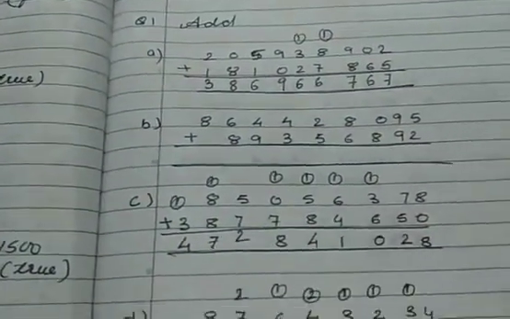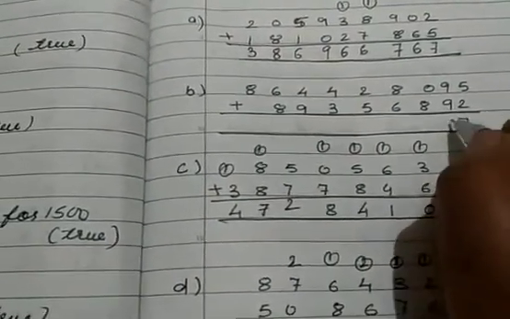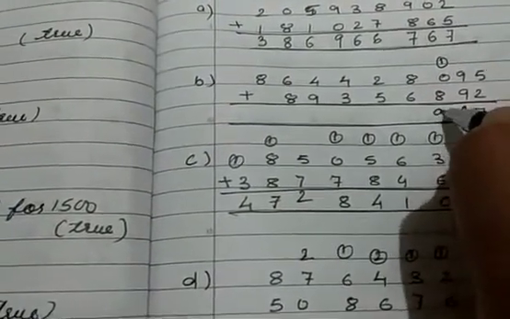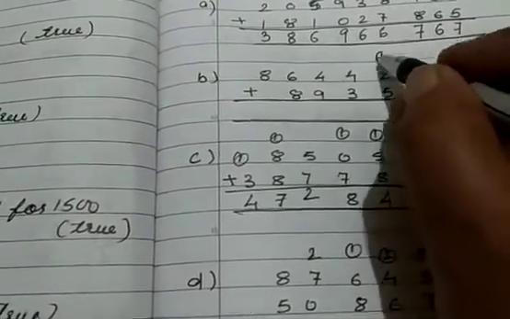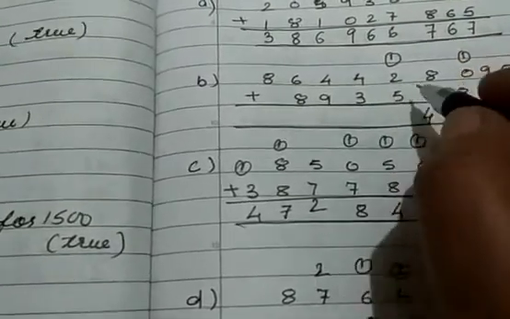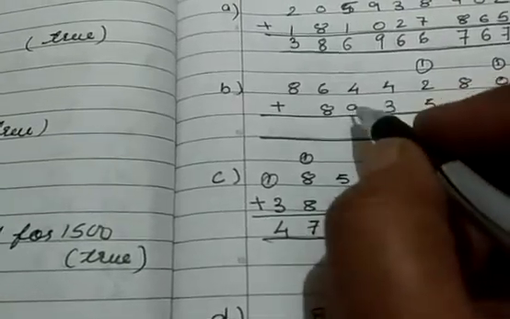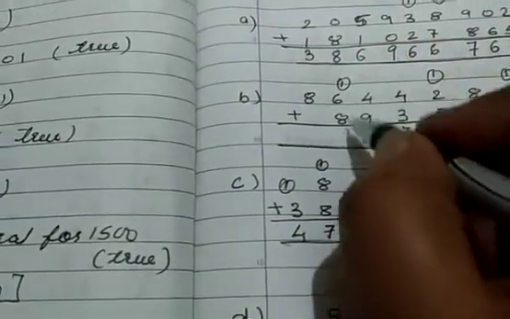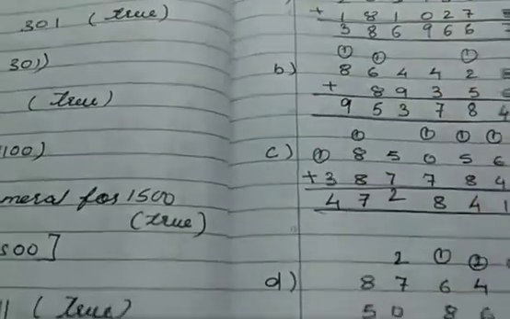Okay, so we are doing the next. Again 5 plus 2 is 7. 9 plus 9 is 18. 8 is written here and 1 will be carried. 8 plus 1 is 9. 6 plus 8 is 14. So 4 will be here and 1 will be carried. 5 plus 2 is 7, 7 plus 1 is 8. 4 plus 3 is 7. 9 plus 4 is 13. 3 is here, 1 will be carried. 8 plus 6 is 14 plus 1 is 15, and 1 again will be carried, and 8 plus 1 is 9. Okay, so these are the sums.